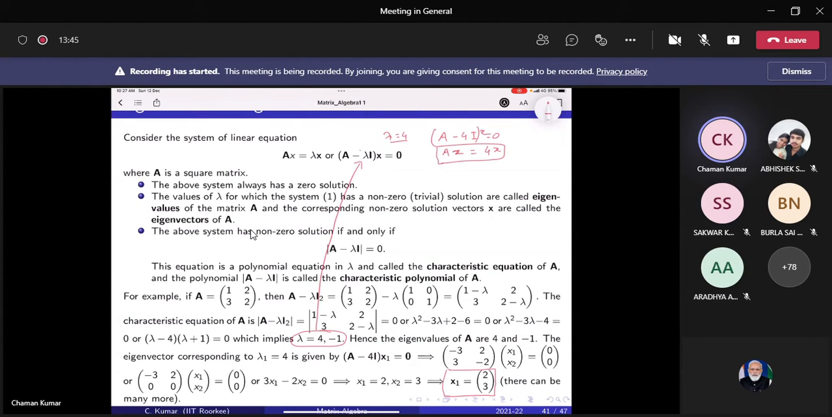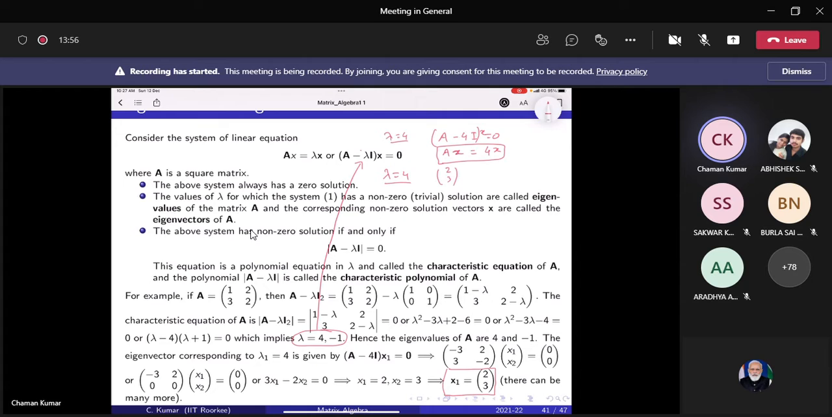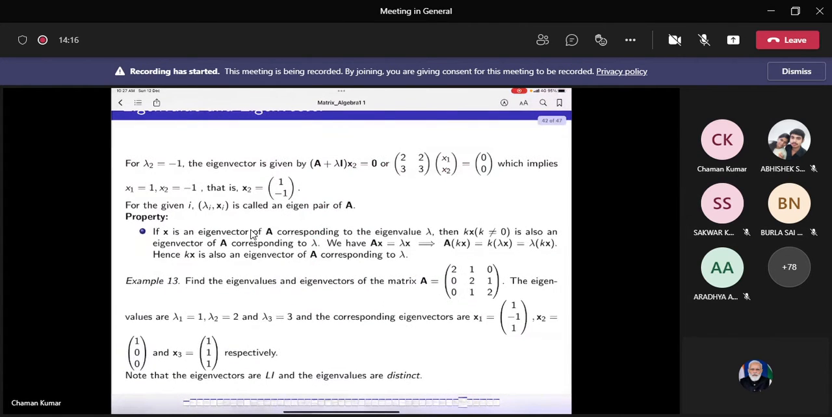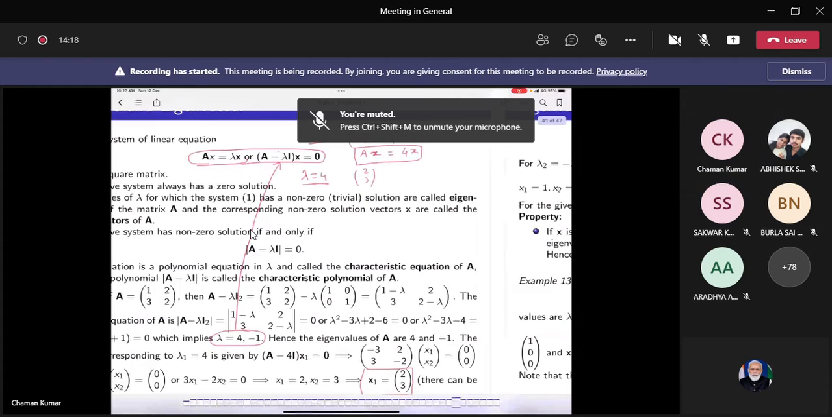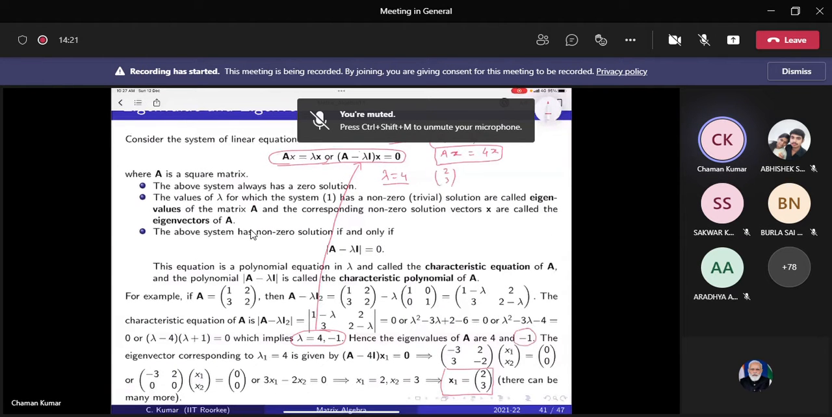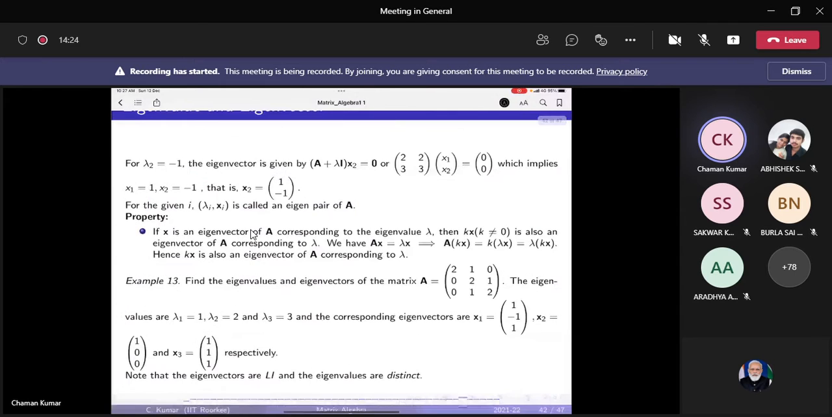Okay, so corresponding to the eigenvalue 4, the eigenvector is 2 3. So that means if I take lambda is equal to 4 in this system, we will be able to find a solution which is not 0, and the solution is 2 3. Similarly, the second eigenvalue is minus 1. So if I substitute minus 1